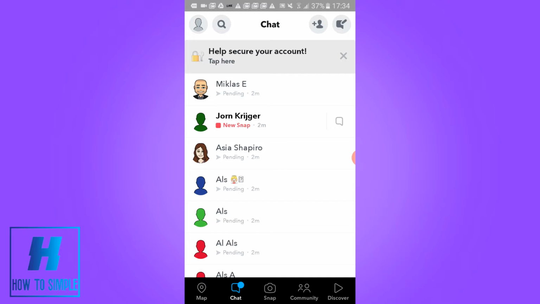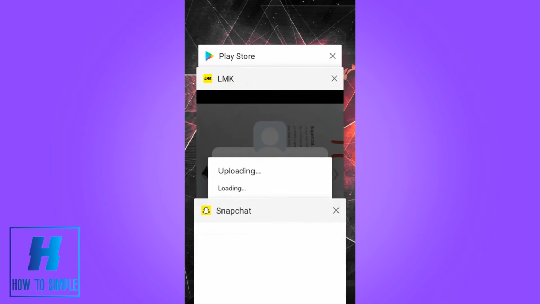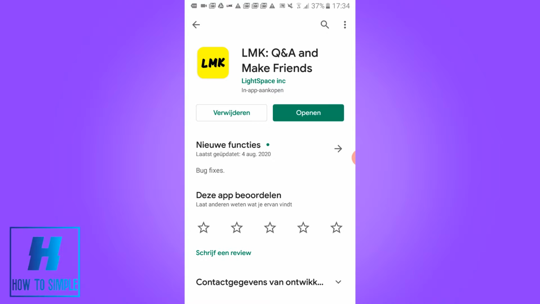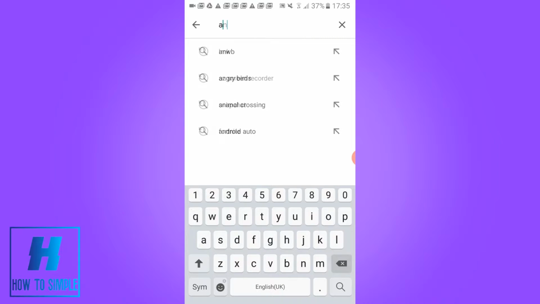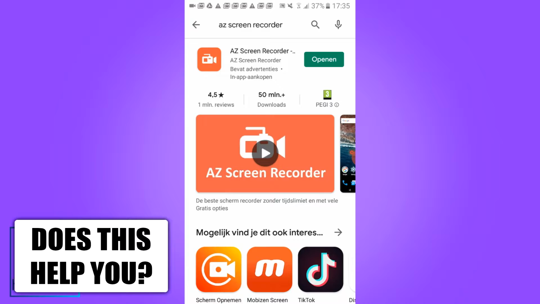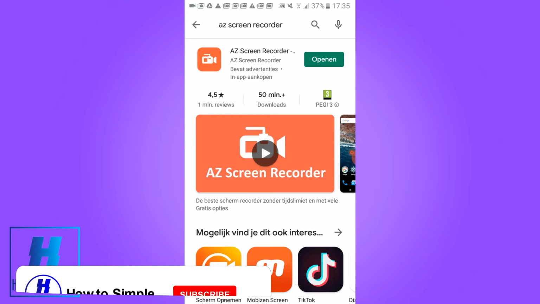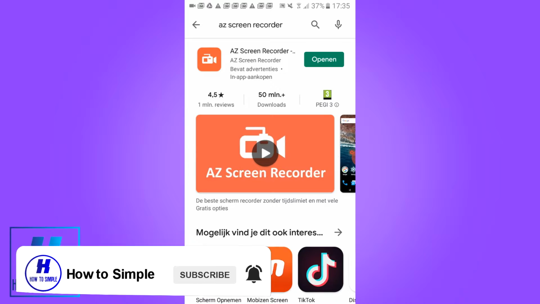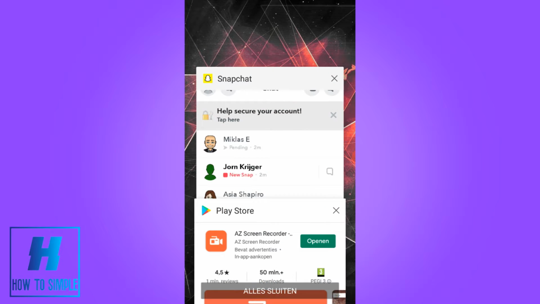So just go to the Play Store or App Store. Go to the Play Store, and go to the App Store if you have an iOS device. Then you want to search for AZ Screen Recorder, this one, and you want to install this. What this will do is let you screen record your phone, and you can also make screenshots without them knowing. So you can open this and you can go to Snapchat,